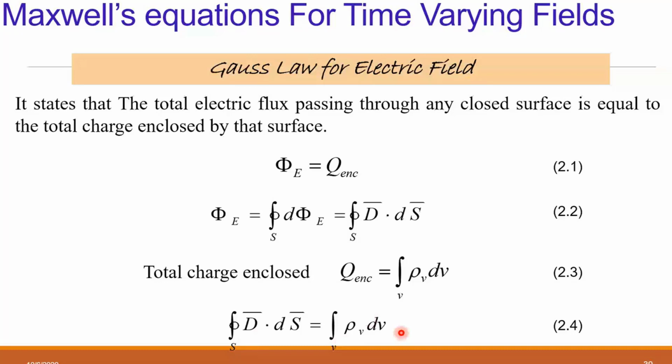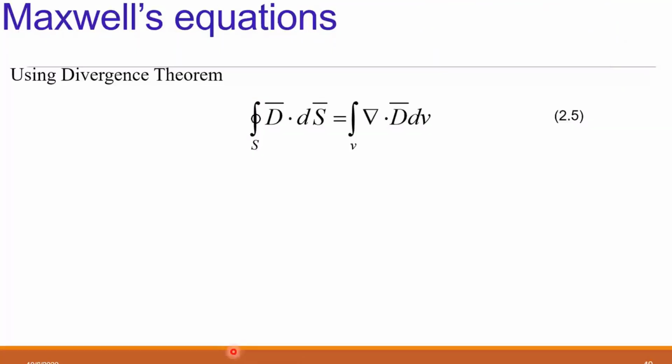That is our final integral form of Gauss law, right? This is called the integral form of Gauss law. All the things are in terms of integration. Now if I want to reduce this law to the point form, I can use other theorems like Stokes theorem or the divergence theorem, and reduce this quantity into differential form. Differential means for very small elements we can apply the same law. In integral form the elements are larger, the paths or the surfaces are larger, so we use the integral form. That way the point form and integral form are defined.